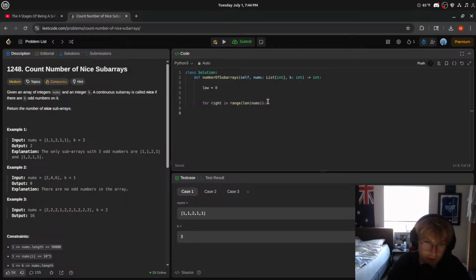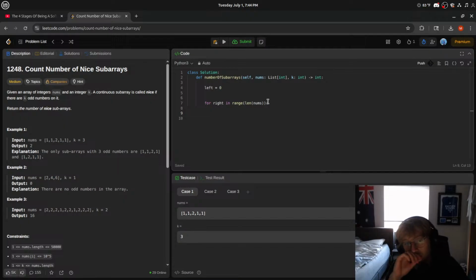Okay. Anyway, let's do this, right? So we have our left pointer, and I think we're gonna maintain as we loop. If nums[right] % 2 does not equal 0, which means it's odd, right? As nums[right] % 2 does not equal 0, we want to